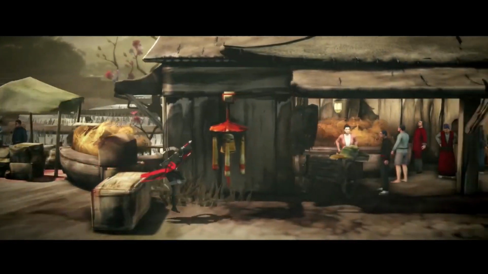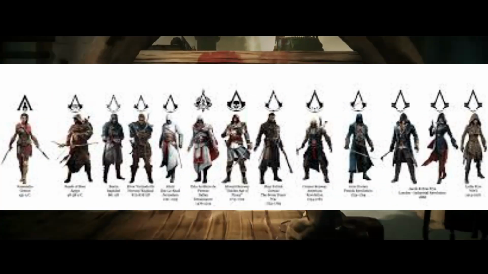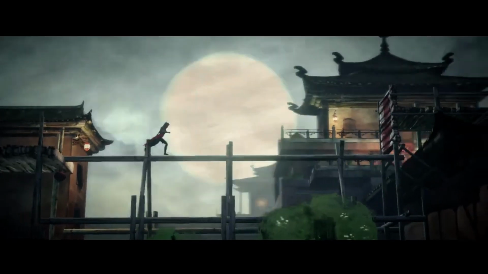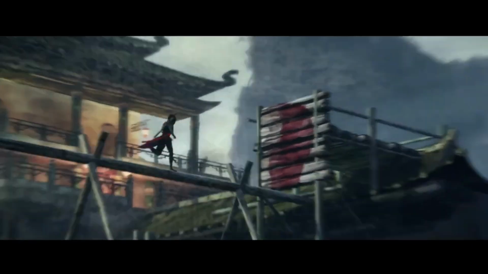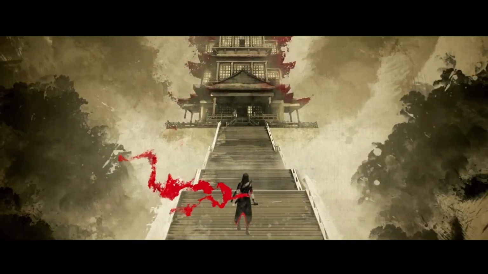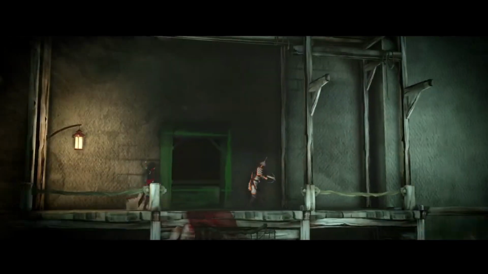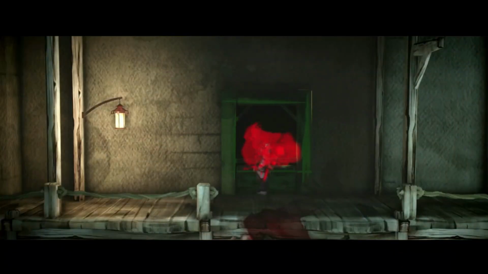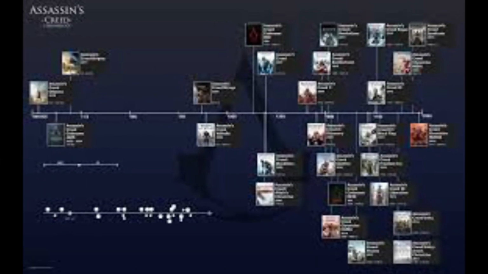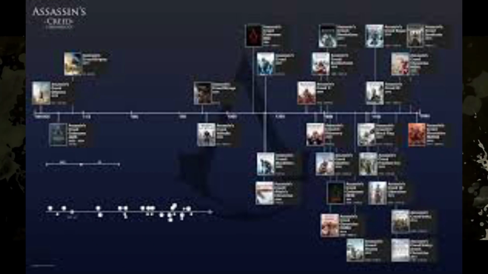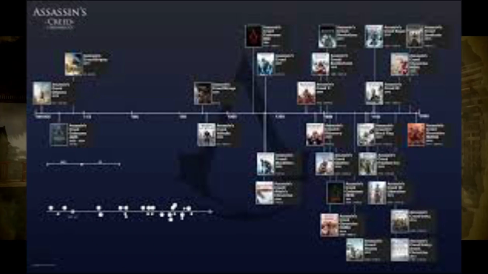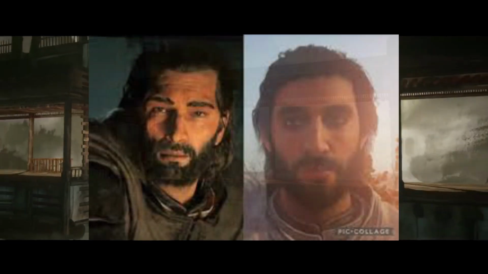So let's get right into it. The Assassin's Creed timeline can be a real puzzle, especially with Assassin's Creed Shadows coming out soon, and remakes of older titles in the mix. I made an effort to untangle the historical web and bring some clarity to it all. The challenge lies in the fact that many AC games hop around different time periods, and characters often weave in and out of each other's narratives.